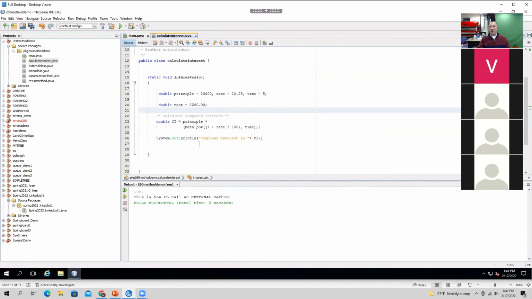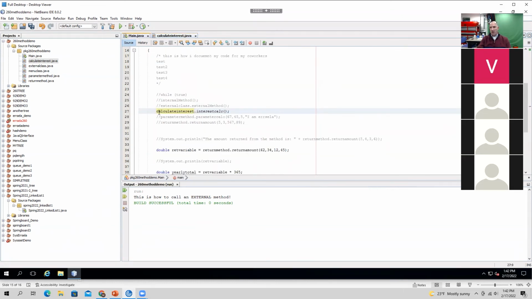All right. But here's an example that we're just basically showing, that you have the ability to do an enormously complex level of mathematical features and functions, right? Whatever you want to do mathematically in Java, the ability is there to do that, okay? And in this case, for the interest calculation, notice there's 2 brackets without any input. We're not asking for any variables in here yet. We're just running it. So when we call interest calc, it's just going to run whatever it is we tell it to run. So when we take the remark comments away from calculate interest and we run that, all it's doing is the calculation and outputting it, but it's not really calculating it based on what we give it yet. Okay, so let's look at that next.